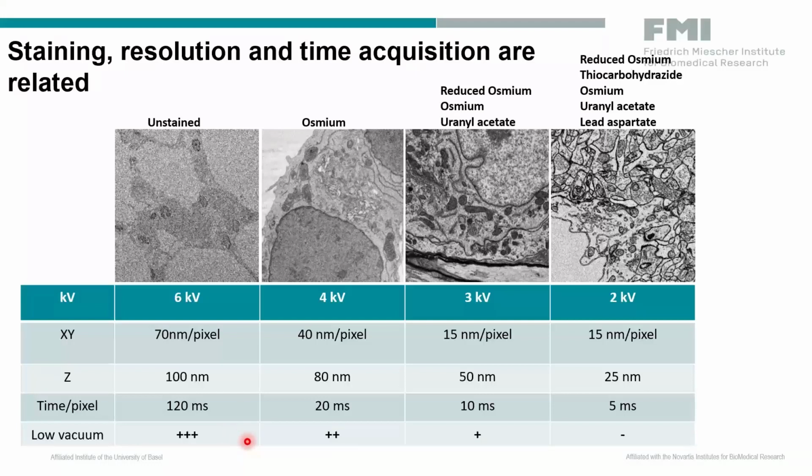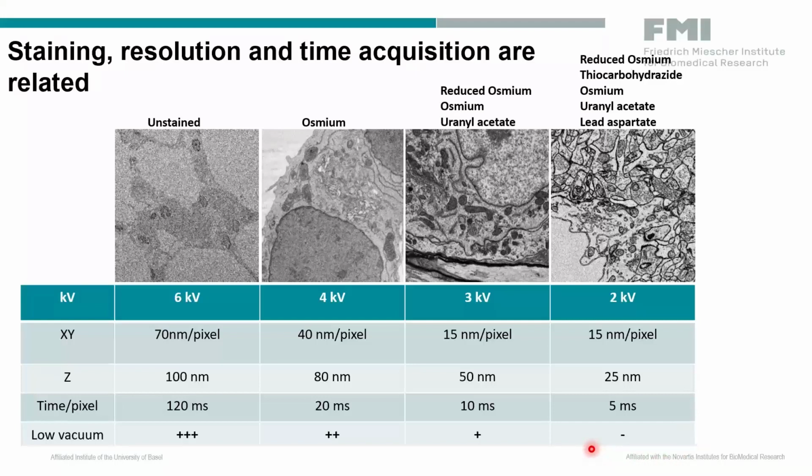You need low vacuum to be able to image some samples. And by increasing the amount of heavy metal in the sample, you see that the conditions for imaging are improving more and more. And that's now our standard